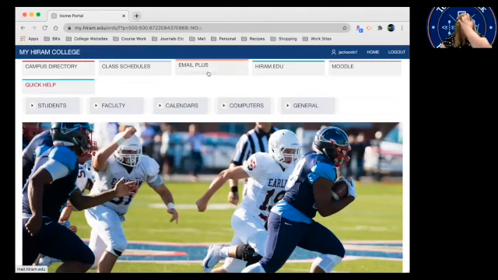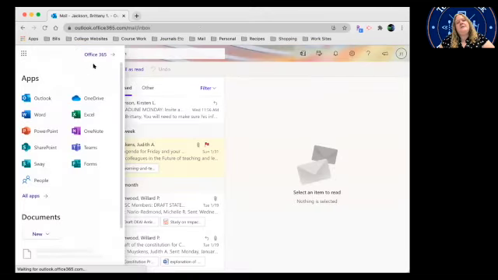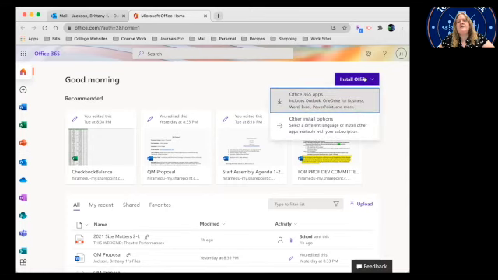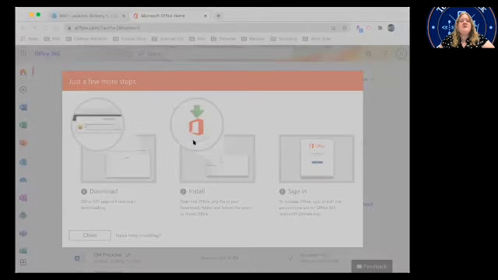When you're looking to download any of the Office Suite apps, if you click on Email Plus and then come over here to these dots up in the upper left-hand corner and then click on Office 365 here, you can see we are in the Office 365 app space, and over here on the right you see this thing that says Install Office. If you click on that, here you would click on Office 365 apps and then follow the instructions in